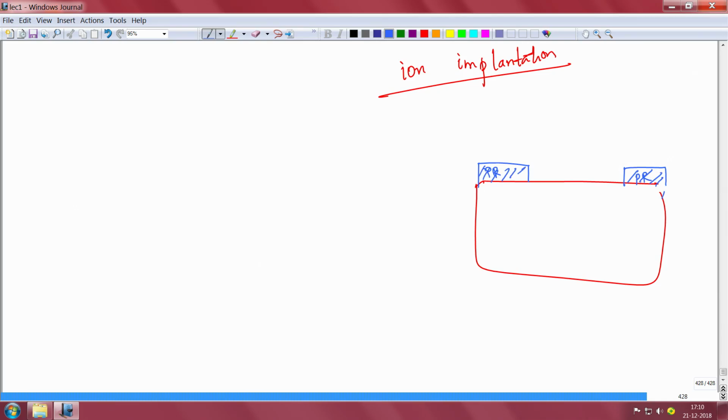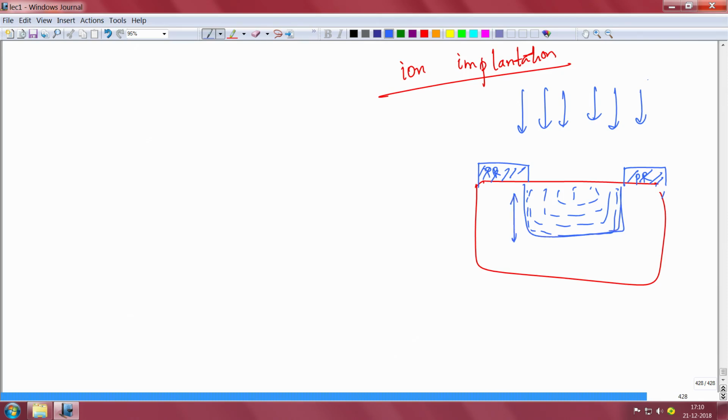These are easy to put on, a room temperature process, and you use a high energy beam of, say, phosphorus, arsenic or boron, so that the doping is anisotropic. The doping will only take place here, and the depth to which you go can be decided by the dose and the energy of the beam. It is a very expensive tool called an ion implanter. A very high energy beam of ions is bombarded, and they go in and form this kind of pocket. It is anisotropic, there is no lateral diffusion here, it is very controlled, but it cannot reach much higher depths. Also you will have some crystal damage because it is a very high energetic process.